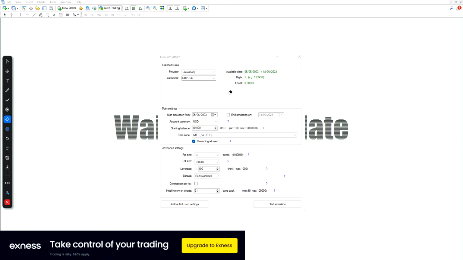Maybe in one of the backtest sessions, if we have lots of people requesting for GU, then I might be adding it to the list. But for now, we just want to focus on our instrument of interest, which is US30 for today. Of course, with the system, you can apply it to every other pair. You just want to understand how we approach the market, and of course, you can extrapolate that on whatever pair you will be trading.